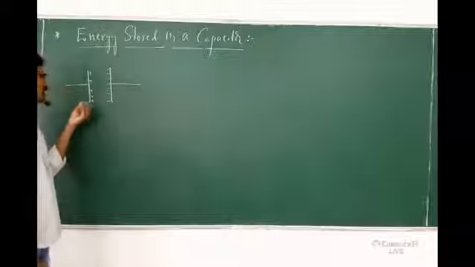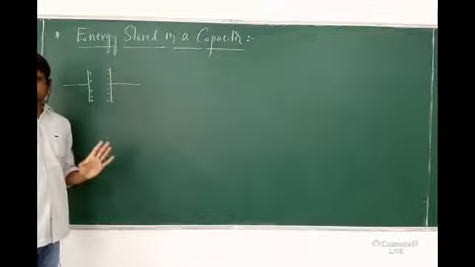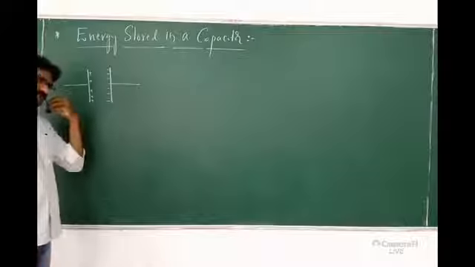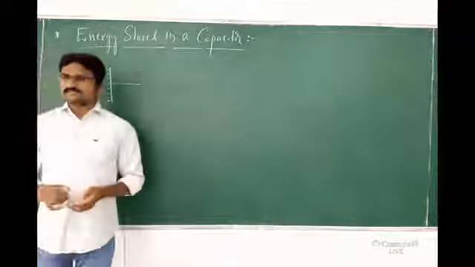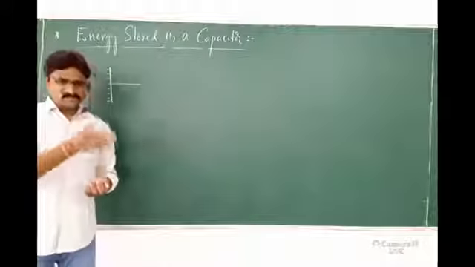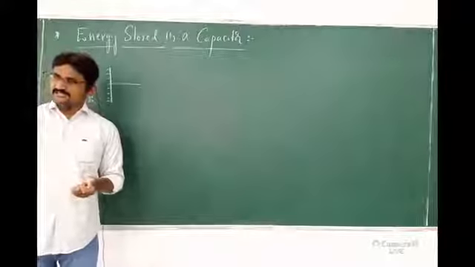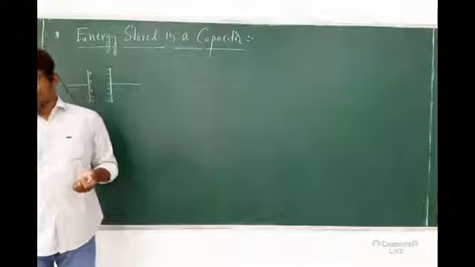So how are we giving the charge to the plate? First of all, how will the energy come to the capacitor? That is my question. From the initial stage onwards we have a fundamental idea about this. Whenever you bring a charge into a particular field, we need to do some work. Once the particle reaches the particular location, that amount of work is stored at the location as potential energy.